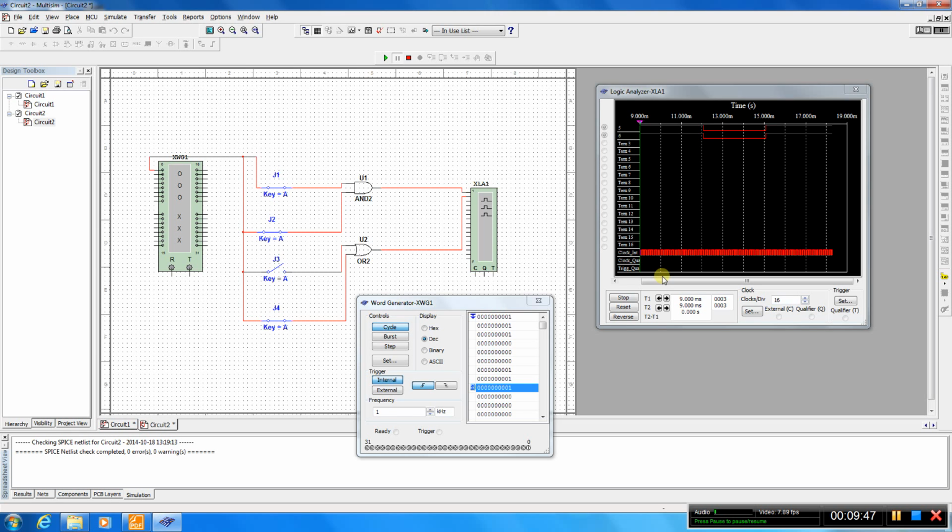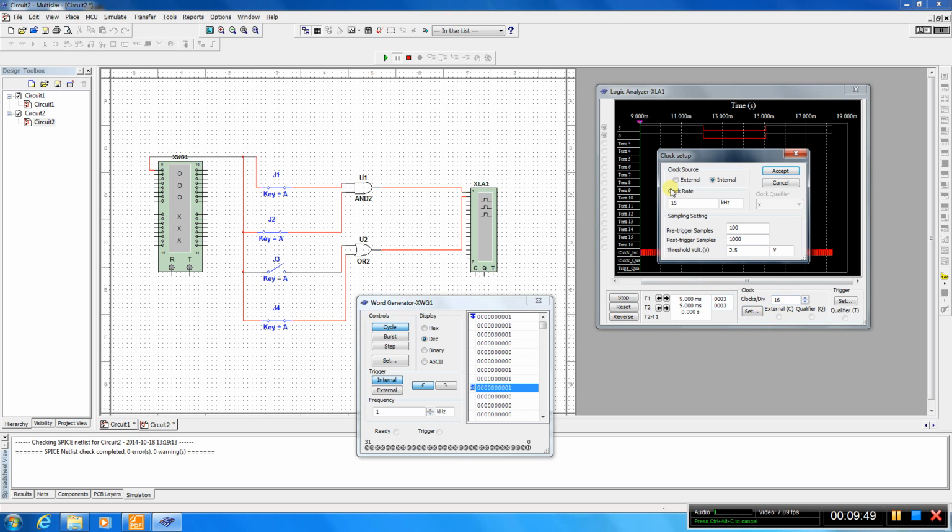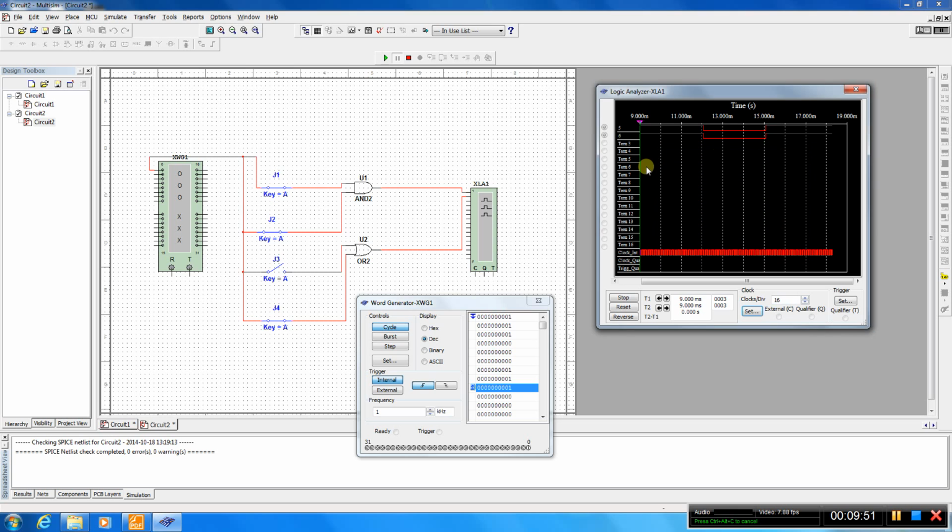By the way, just to remind you, we set the clock rate to 16. That means that there are 16 periods here. 1 2 3 4 5 and so on. So this is one period. So here actually we can see that for 3